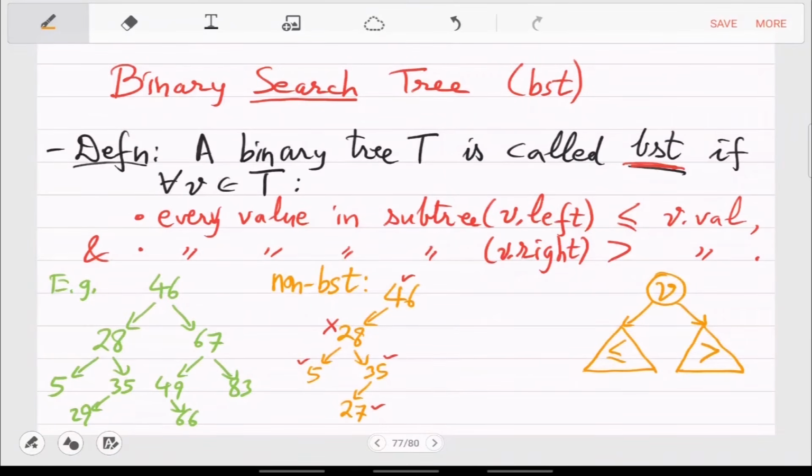27, yeah. So the 4 ticks are fine. The cross explanation is that 28's right subtree has 27. Okay, so what the definition wants is that right should only be numbers more than 28. So 29 was fine, but 27 is not. So then, in the green example,